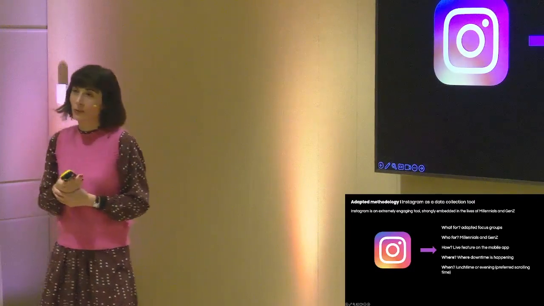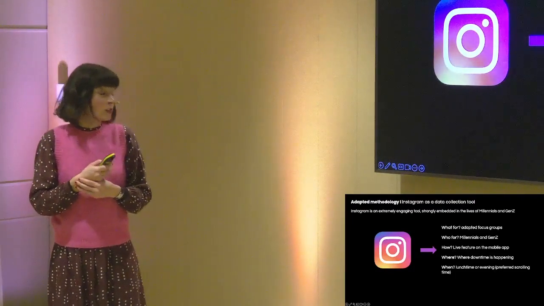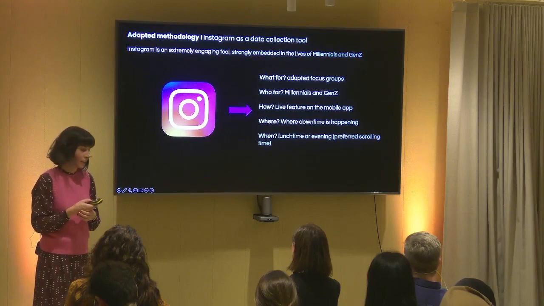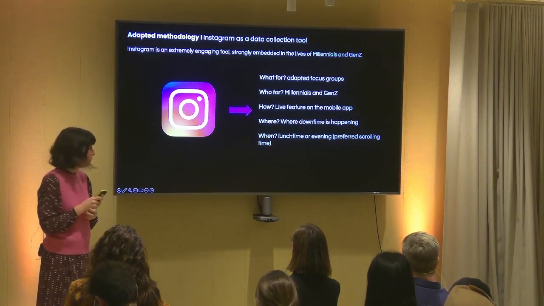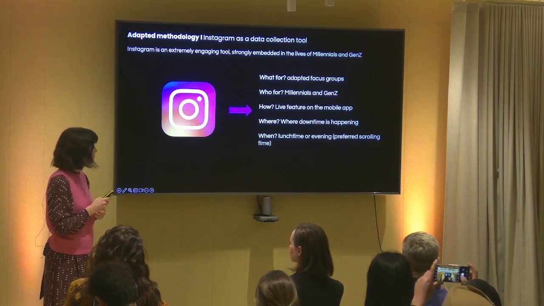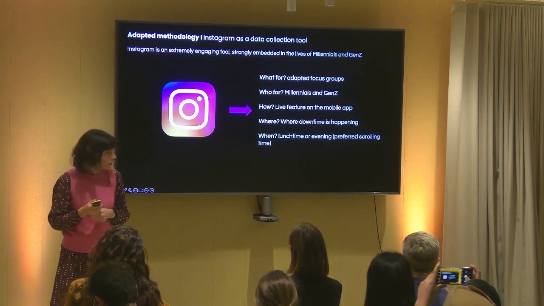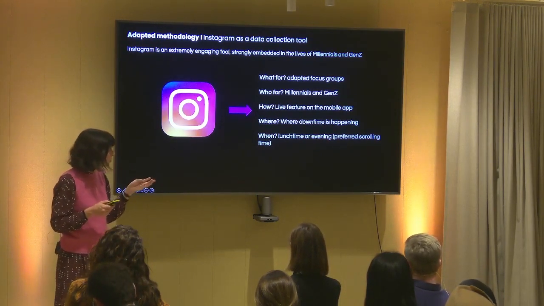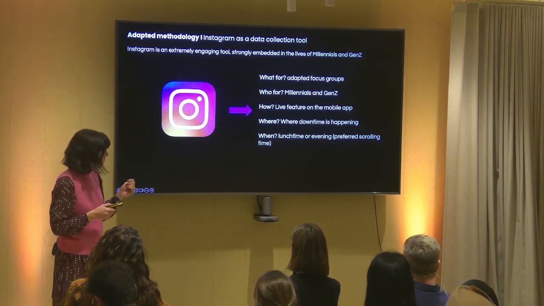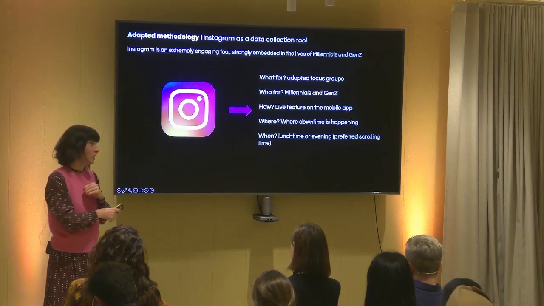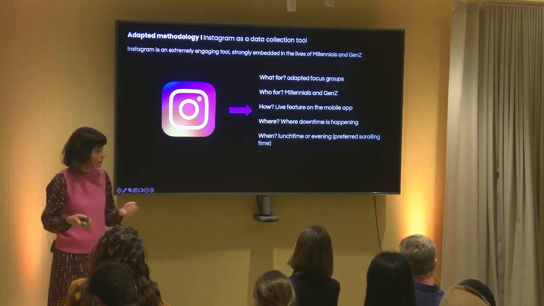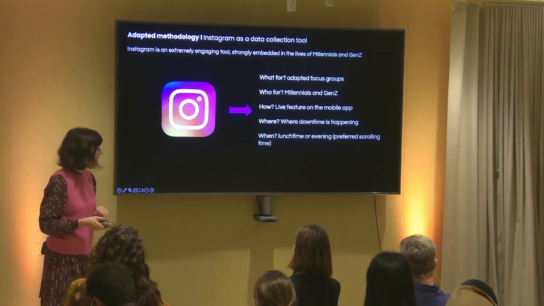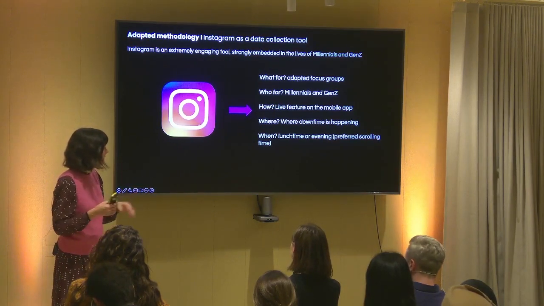So my first example is Instagram. What's good about Instagram is, well, like WhatsApp, it's extremely widespread, like I think 2 billion users across the world. It's very engaging, and it's strongly embedded in the lives of millennials. And I think it's a very good tool to do adapted focus groups. And, again, it's not a tool that is used across demographics, but it's very good for millennials and to some extent Gen Z, although a lot of people are migrating to other